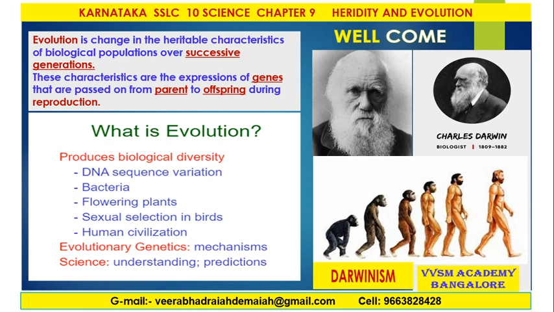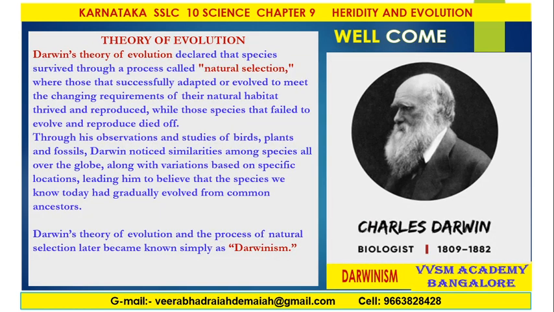So this is called Darwinism. Darwin's theory of evolution declared the species survived through a process called natural selection, where those that successfully adapted or evolved to meet the changing requirements of their natural habitat thrived and reproduced, while those species that failed to evolve